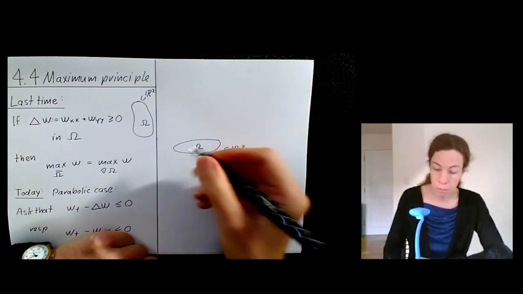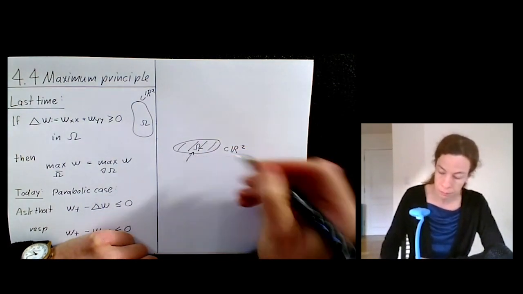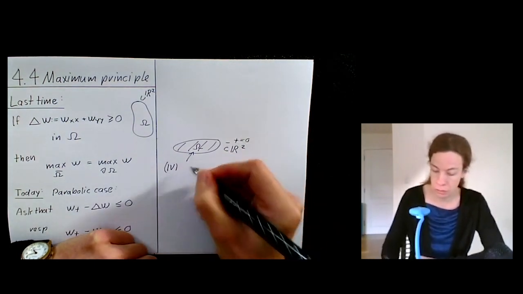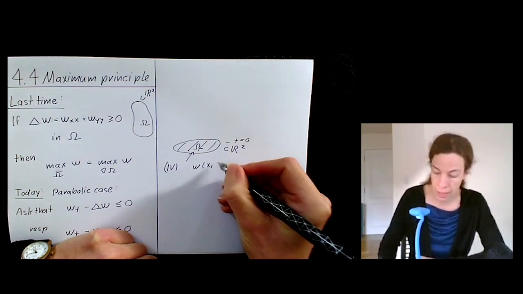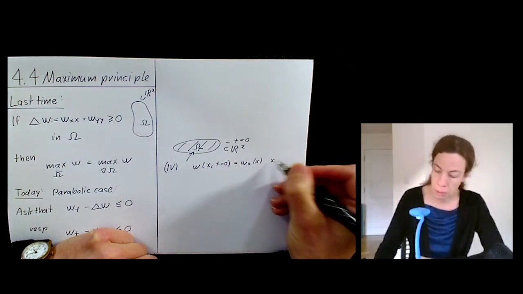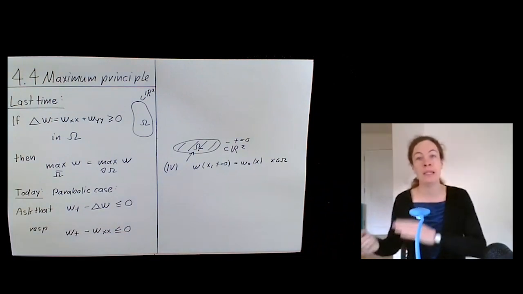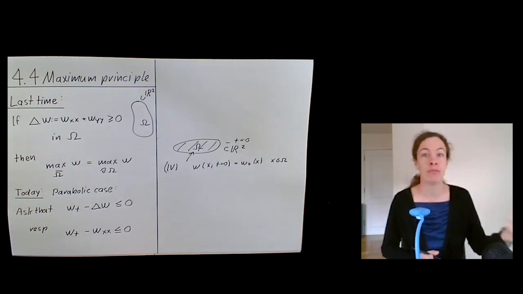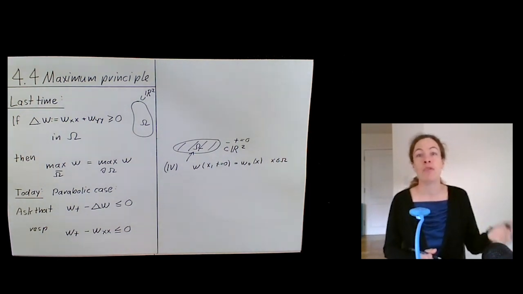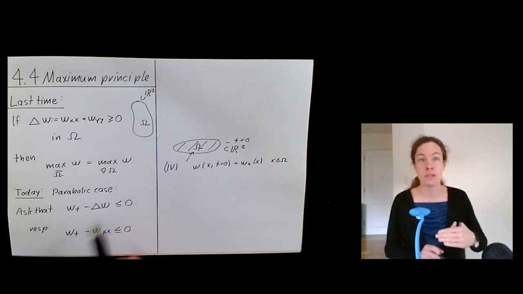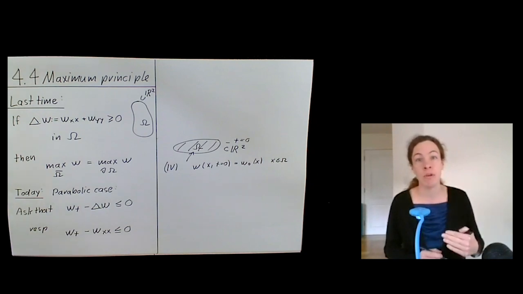And at time t equals 0, I'm going to impose so-called initial values by prescribing w of x at time t equals 0 to be some function w0 of x. And you're going to prescribe this for all points in your spatial domain omega. So in terms of you sitting in a room and considering the change of temperature, what you would prescribe is that you're given the initial temperature in every single point in your room. And then you consider a parabolic equation like this, so you can solve forward in time, but you can't solve backward in time.